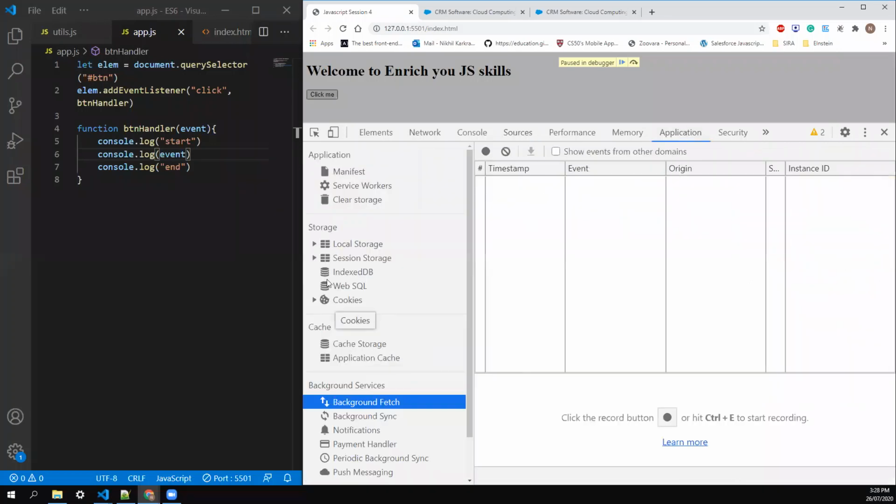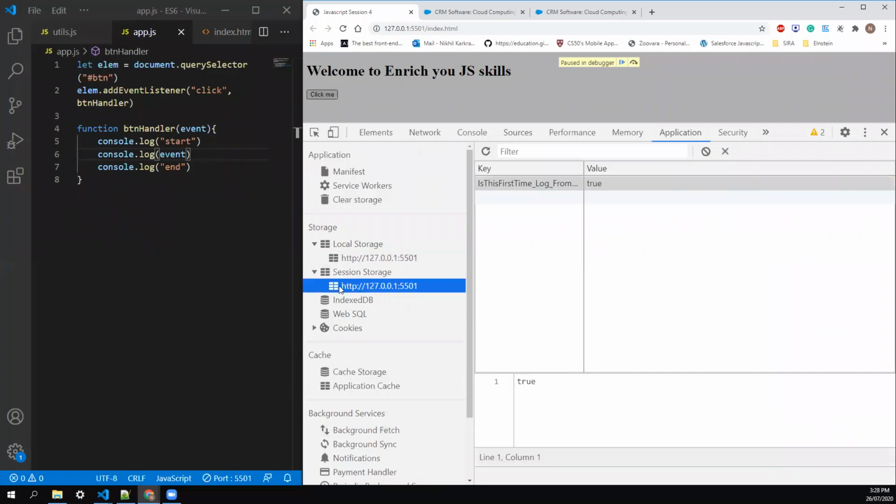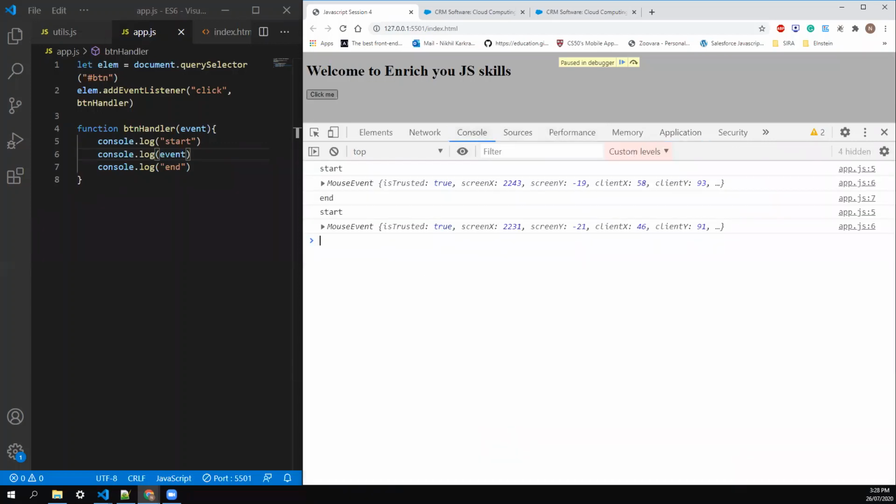And in our Application tab, we already saw there are local storage and session storage that you can use. I guess that's all that I have. And let's go back to our